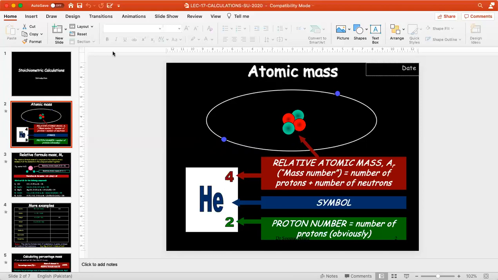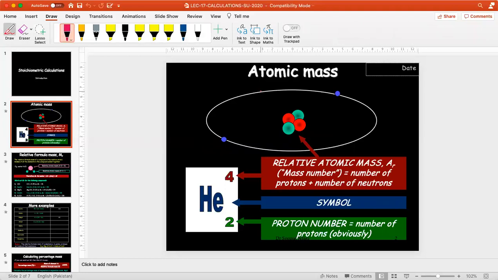So we know that this is the area where the probability of finding the electron is maximum. So inside this area, there are 2 protons and 2 neutrons. Neutrons we normally show in light turquoise color. These are red balls. These are actually positive charge which is concentrated in the nucleus. And you know that these neutrons have zero charge. If we talk about the electrons, these are actually the negative charges. So 2 protons means that this is the second member of the periodic table, and it is helium whose atomic mass is